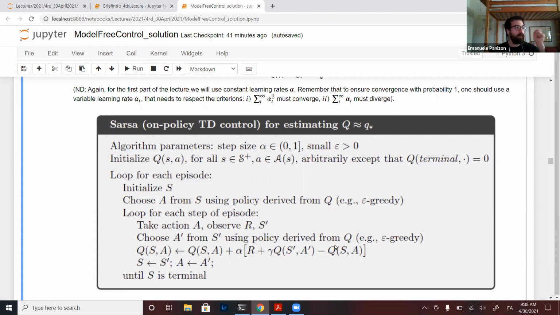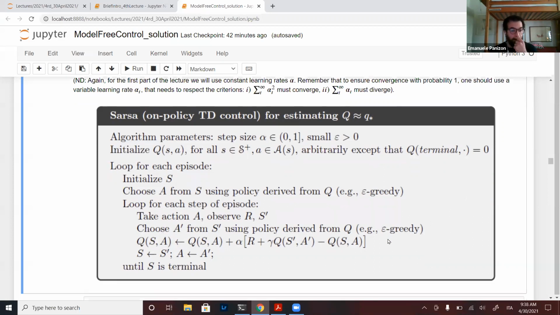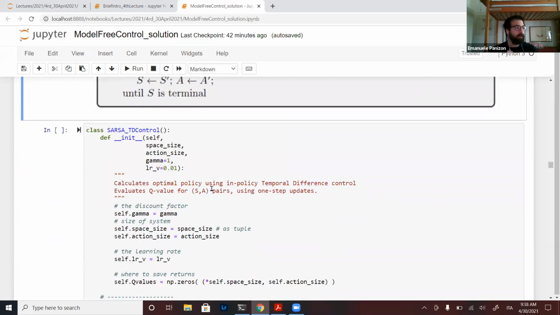It seems that there is only prediction. No, there is also the fact that the policy is improved, because you see now we have epsilon greedy, and this epsilon greedy is constructed using the current Q. Okay, so the prediction, so the better estimation, is done in this line, updating the Q, but the actual control, so getting policies which are better and better, is done because the epsilon greedy changes as a function of time, because it depends on the current estimation of Q. Good. So now let's go to the code.